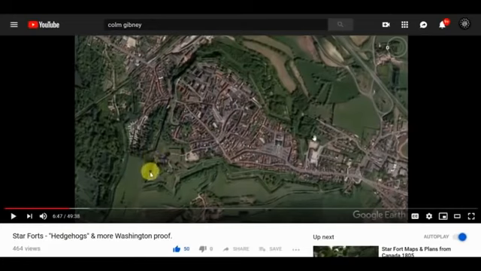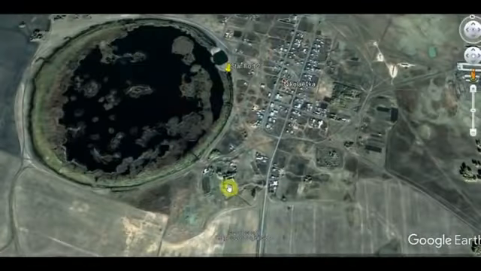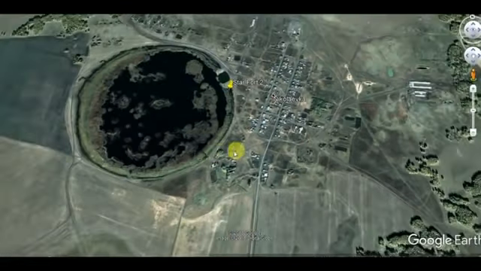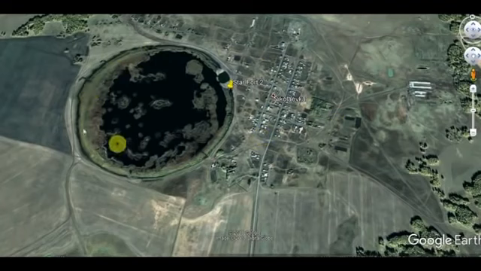But one of the things he shows is you have this redoubt, the smaller star fort, if you will, and it's actually attached to this structure, but it's all connected to this star fort. So going back to Google Earth, here we have that redoubt, the star fort, and where you would expect to find the rest of the structure, now you have this